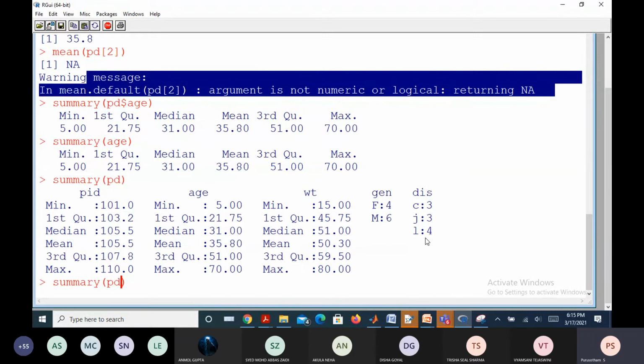So this information shows that 3 patients came to that particular hospital with regard to a cardiac complaint, 3 came for a joint complaint, and 4 came for a lungs complaint.